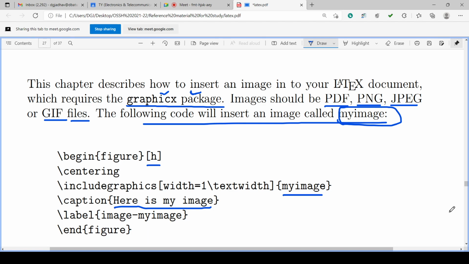Figures are an important requirement of documents. Figures, charts, photographs, images you can insert. They must be in PDF, PNG, or JPEG. We have to use the graphics package, and then we can insert the image. Suppose the image name is my image, so that image we have to save into the